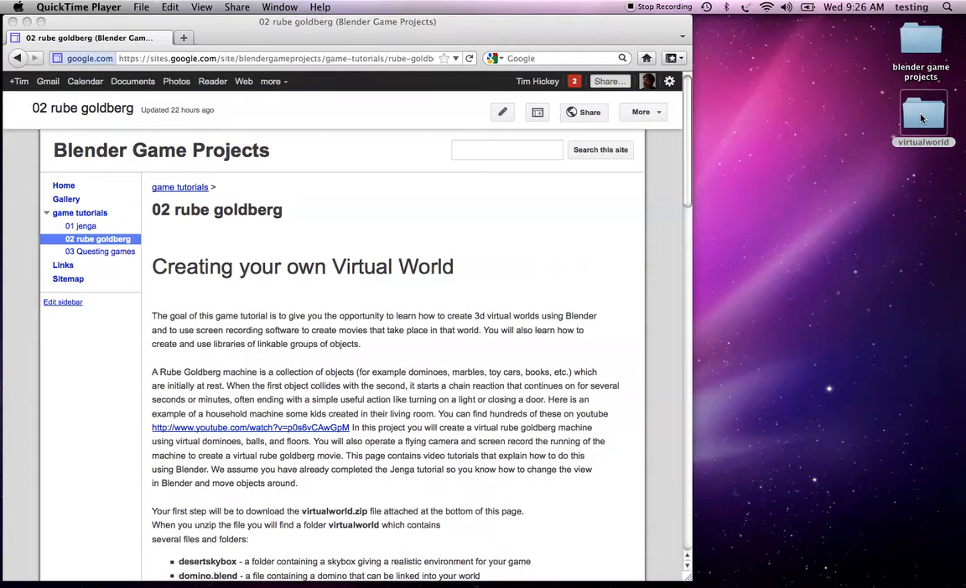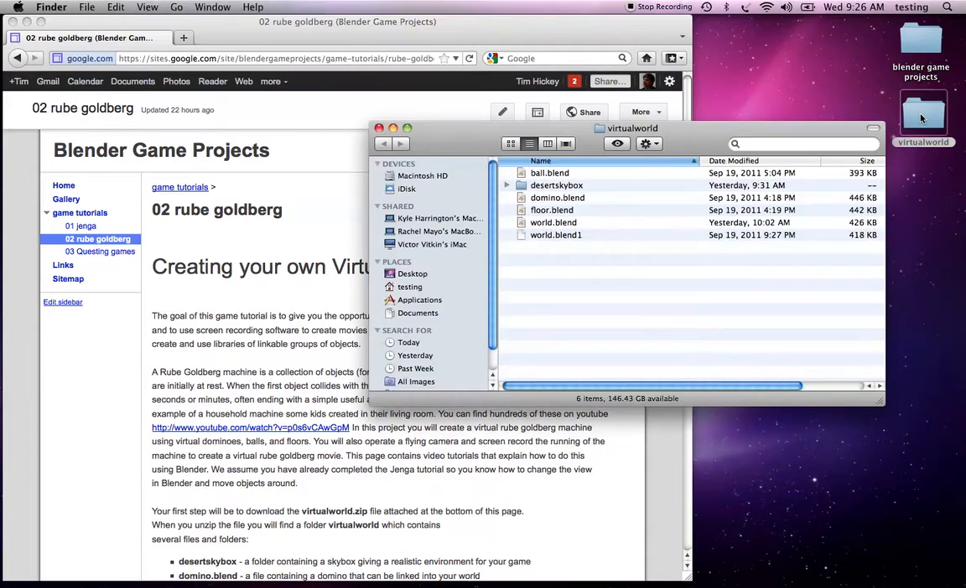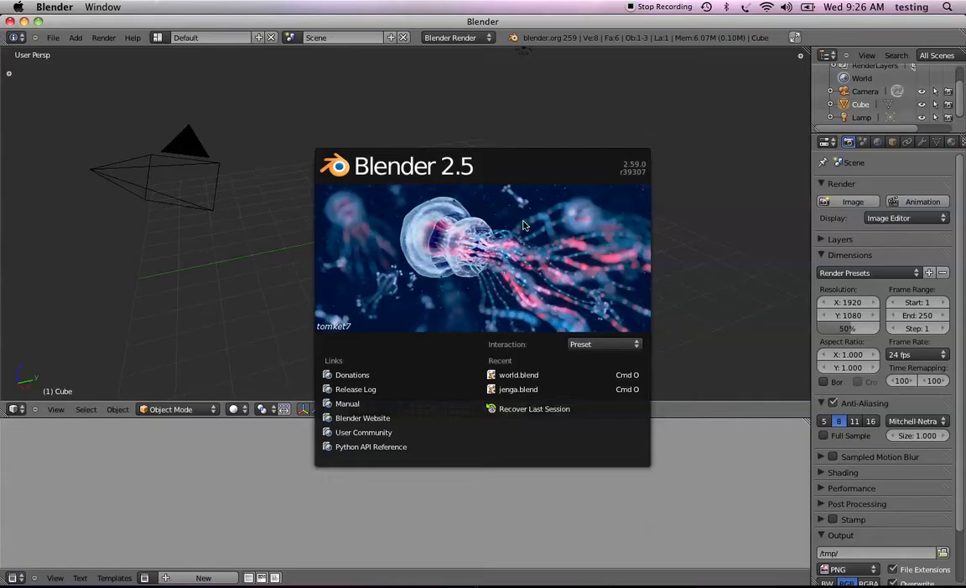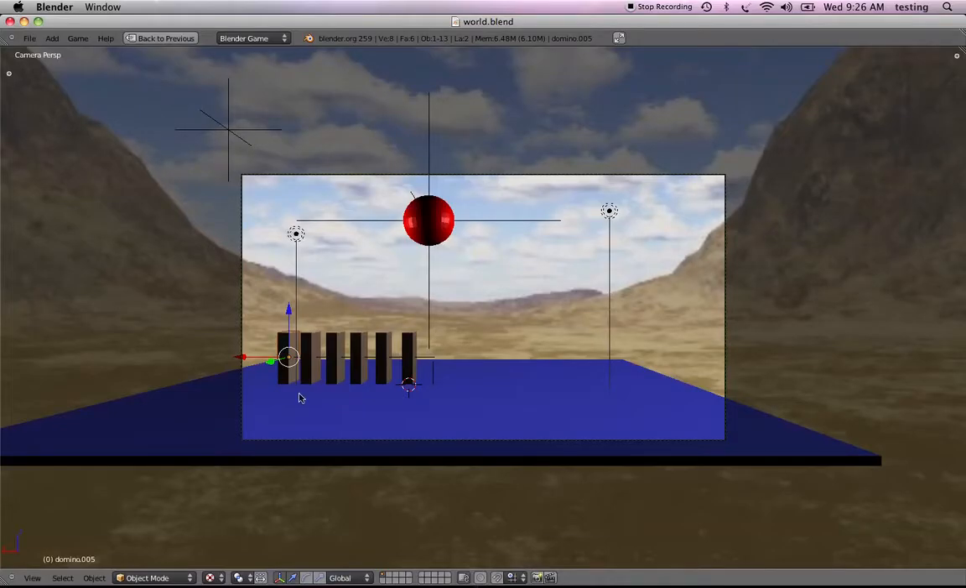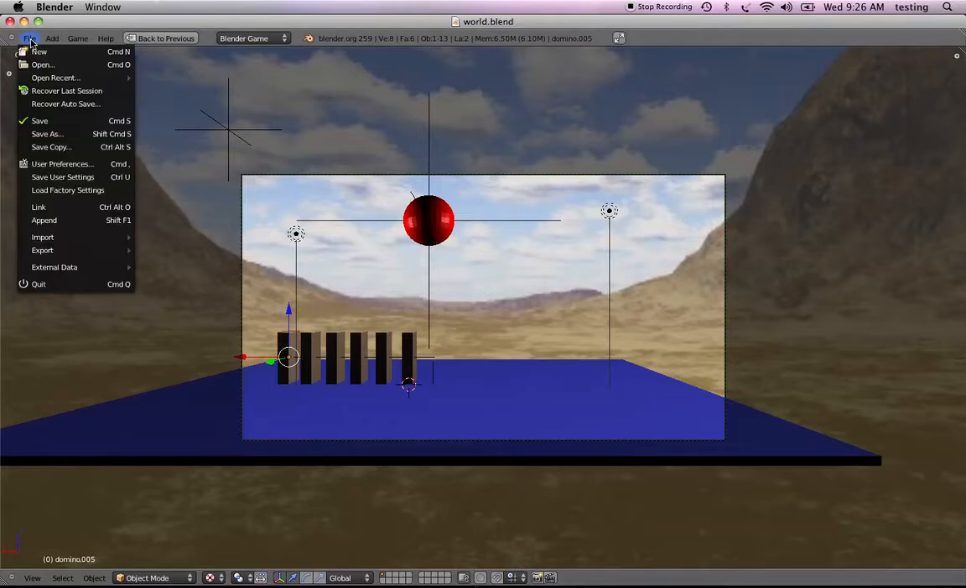So let's go back to where we left off. Double-click on the virtual world folder and double-click on world.blend. Okay, so this is our world. Now, suppose I want to change these blocks and make them a little narrower, because they would fall more easily. So I go here to File, Open,